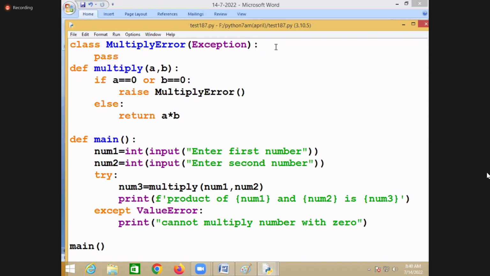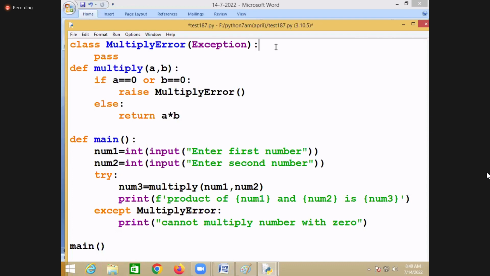And here you try to handle which error? MultiplyError. Is MultiplyError user defined or predefined? User defined.